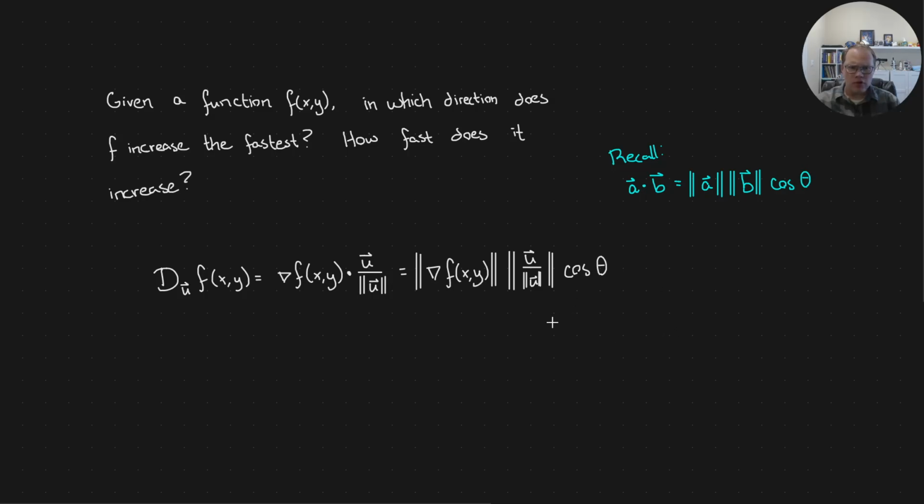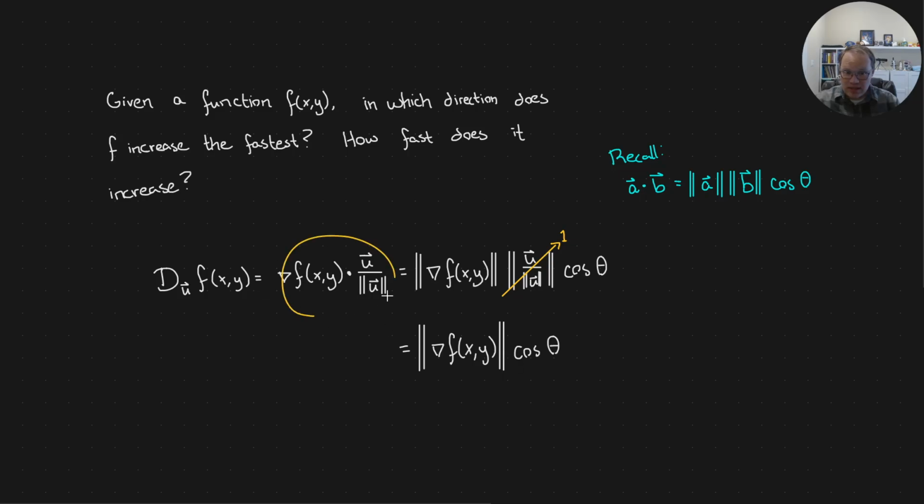Okay? So first off, vector u over norm of u, we specifically chose that to be a unit vector. So this should just be 1, right? The length of this vector is just 1. And then the gradient function, at any given point, the gradient is just a constant value, right? At different points, of course, it'll change, but we're looking at what's the fastest rate of increase for any particular point that we're focused on. So we're focused on a particular point, which means